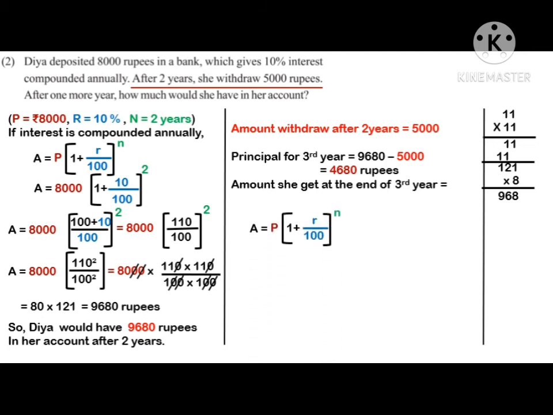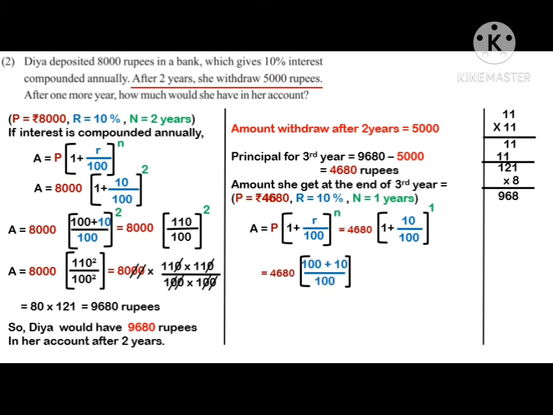Then amount she gets at the end of third year equal to, again write the formula: A equal to P into 1 plus R by 100 all raised to N. Here P equal to 4,680 rupees. Rate of interest the same, 10%. Number of years equal to 1 year. So when we substitute here, we get